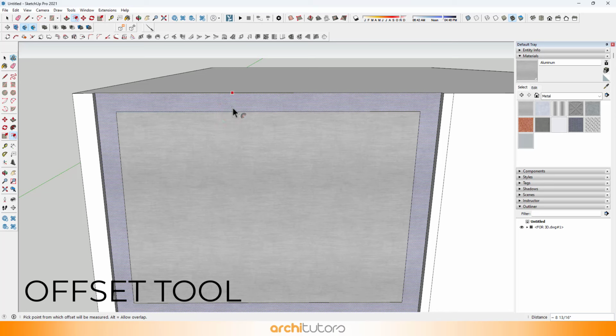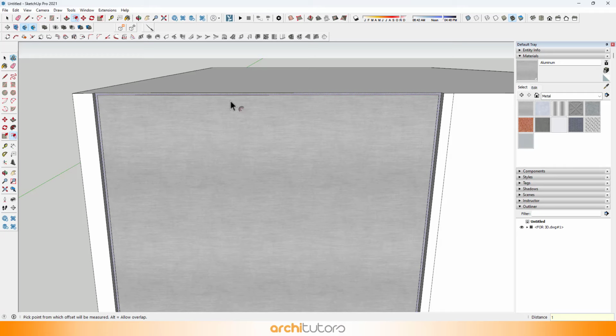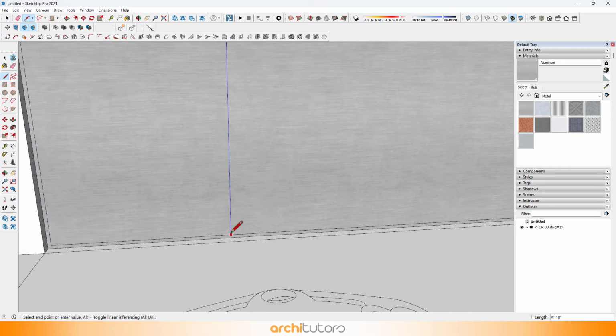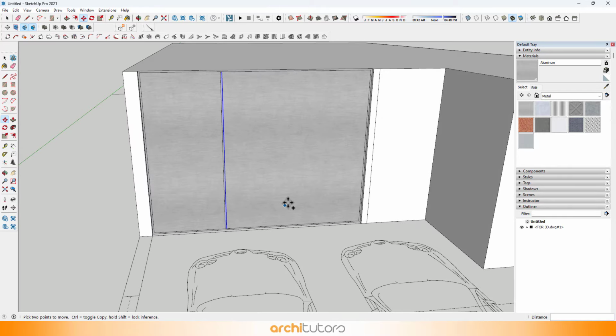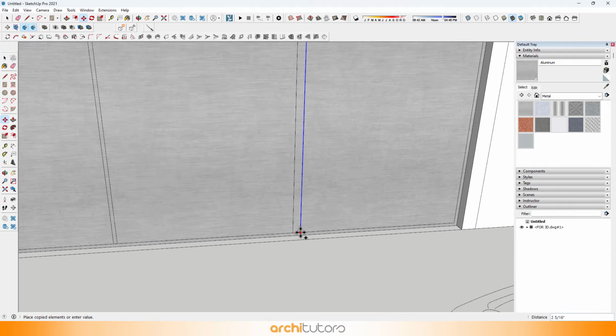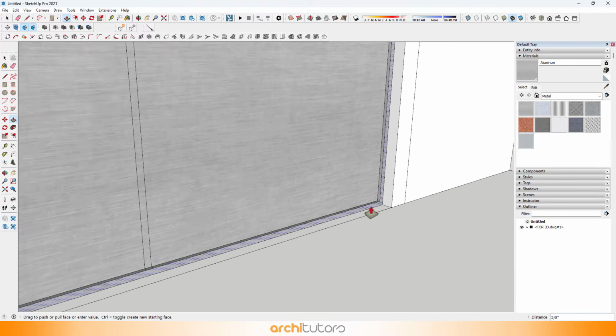I'll offset the surface and divide it to have a number of vertical members or mullions on the window. Use Line tool to create them. And then push the surface outwards.